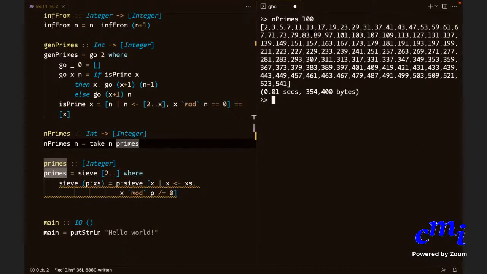The storage, I mean, bytes of this is less than what you did the last time. Why is it so? Oh, you mean this is better than Gen primes? That is because Gen primes is more. This is more efficient somehow because of the laziness, because Haskell does things only when it needs it. It makes it more efficient, even though there are some research papers which say that this is not the true sieve of Eratosthenes and so on. This is beautiful. If you do the naive approach it will take more time. I don't know why. You will have to sit and check why it does more computation.